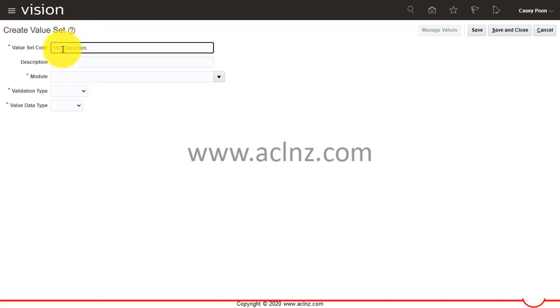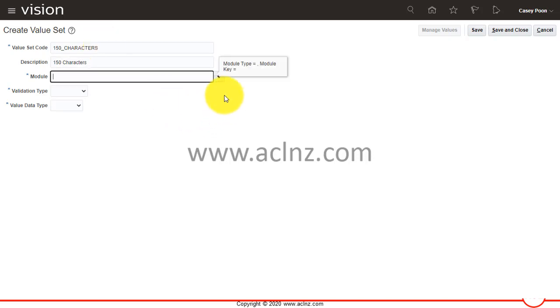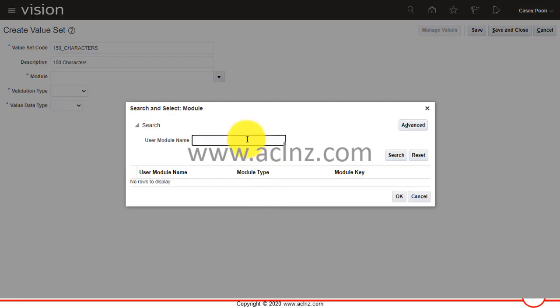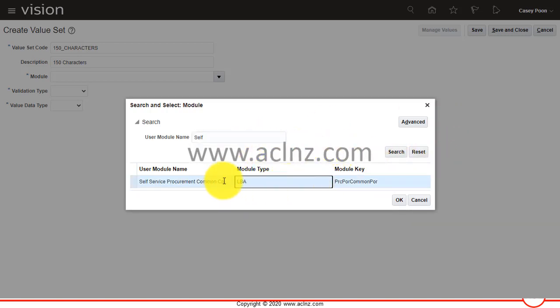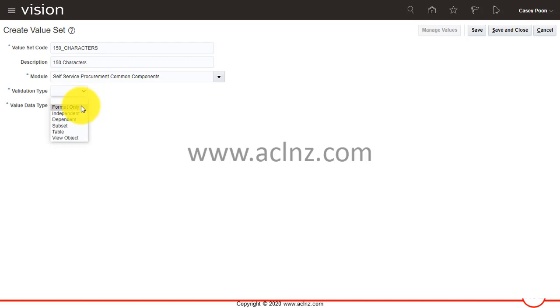Okay, so I'm going to give something like this. Always give a code in capital characters like this, and don't use any spaces in between. I mean, that's my way of doing it. And then you can associate a module over here. You see, that's what I was telling you. This is a key differentiator for you in terms of e-business suite versus Fusion ERP cloud. Okay, so we'll use this, and then validation type, let's say format only. I don't want to store any values in this one. Okay, and then I say character,